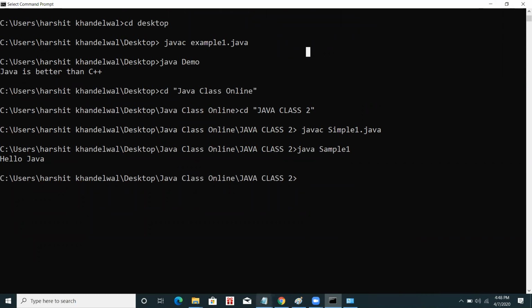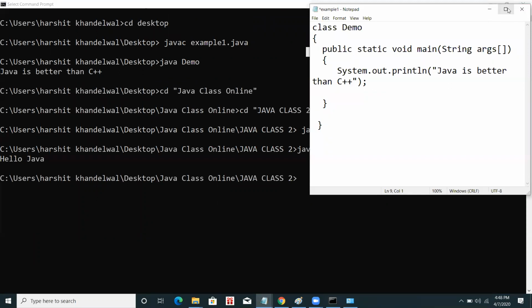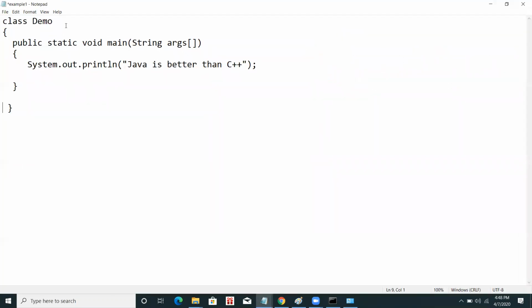So with this program we can get started. Everything till now here, this is the class. What is class? I have told you in the first class also. So continuing, I have written class, and demo is the name of the class. Everything in Java is based on classes and objects. And one thing more, Java is case sensitive.